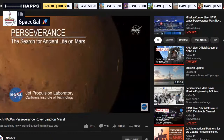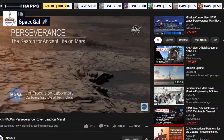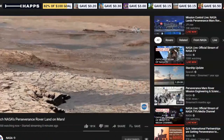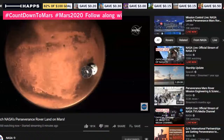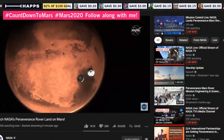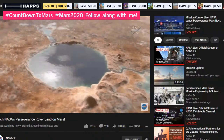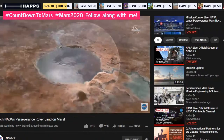Mars is the closest place that we can reach with robotic exploration that we think has a really good chance of having ancient life. Perseverance rover will land at a location called Jezero Crater. Jezero Crater is a very interesting place. It's a crater that once held a lake. There are a lot of craters on